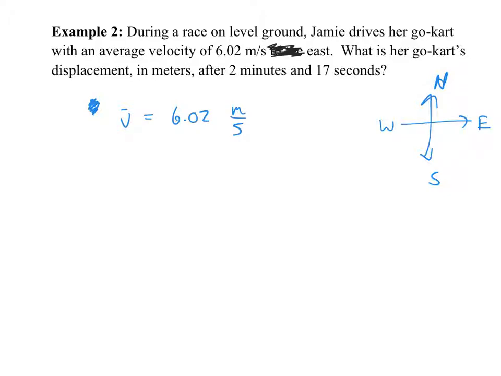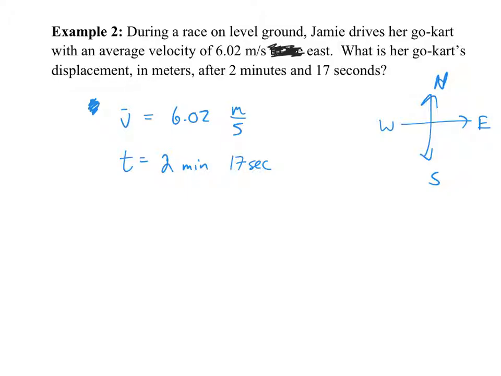Do I know anything else? Mr. Draghi. You know the time. And what does that equal to? Since it wants it in seconds, it would be 130. I like it, Chris. Very good. So Chris recognizes right away, well, this is the time, but take a look. Is anything given in minutes earlier? Well, the velocity is in meters per second. Look at the velocity, meters per second. So this time should be in all seconds.